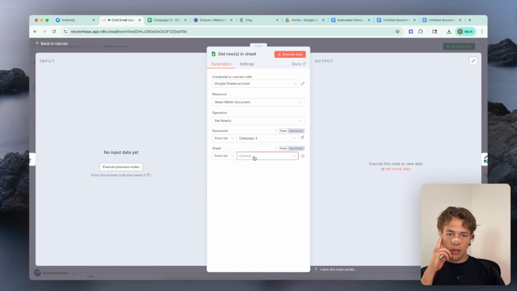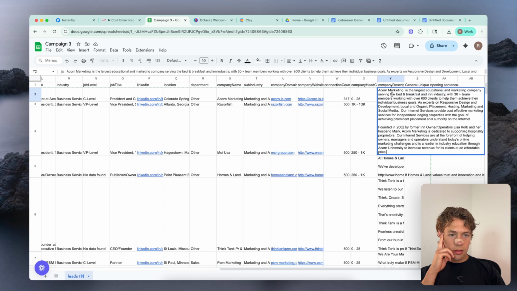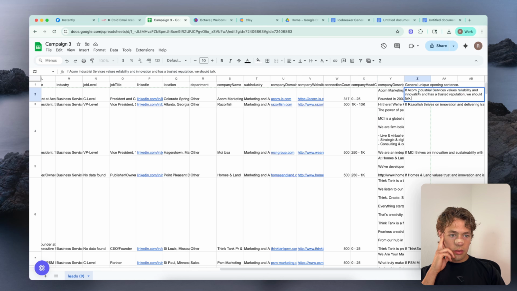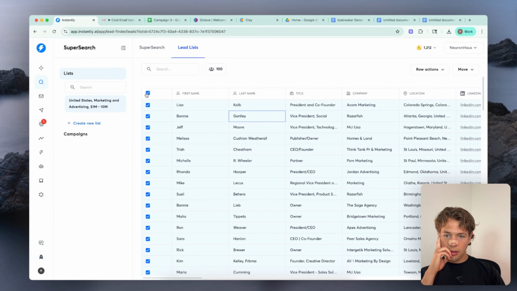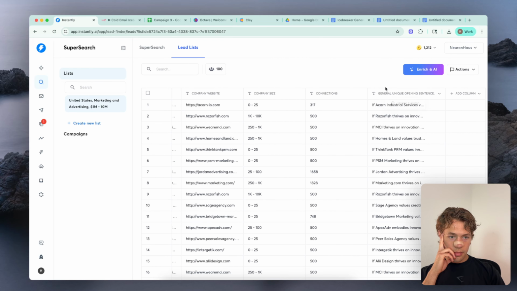Grab from campaign 3, from leads 9, add filter, open it. Wait, hang on, let me jump back in here. Let's see if this actually did something that I want. Did it create? Yeah, this blows. Whoever made that template sucks.